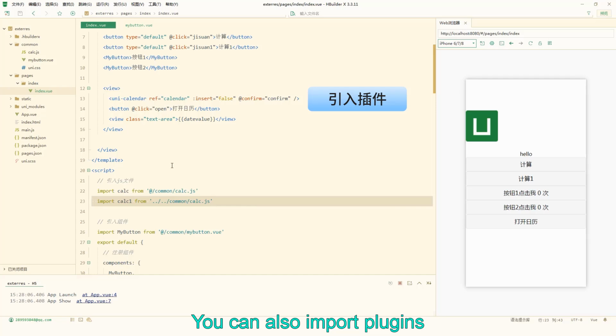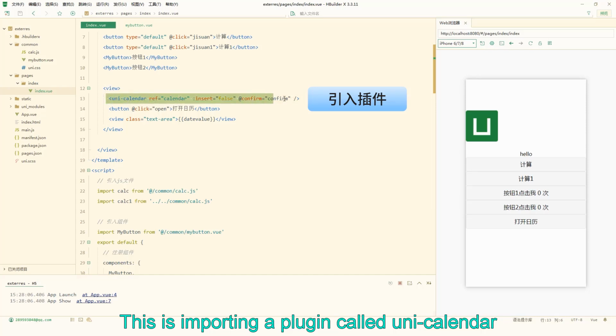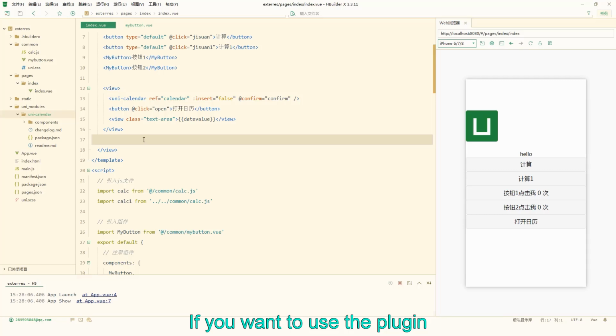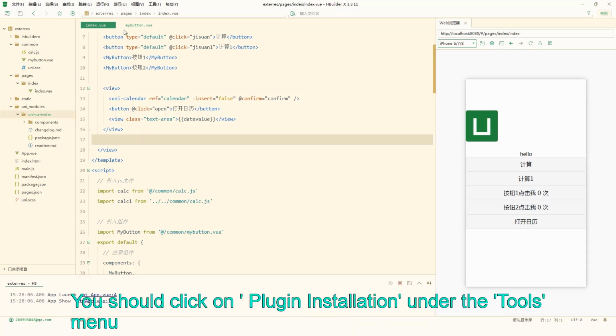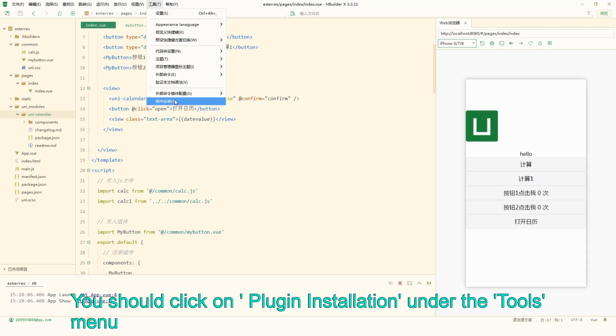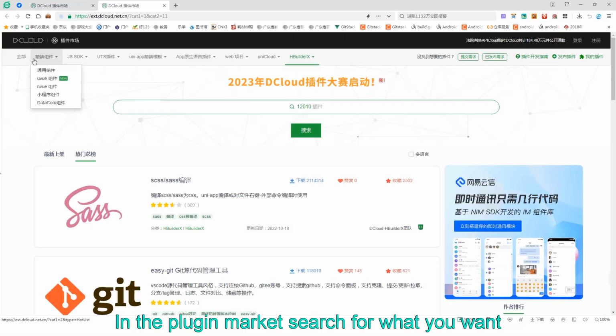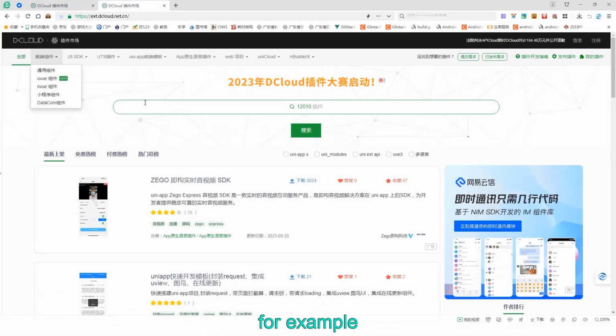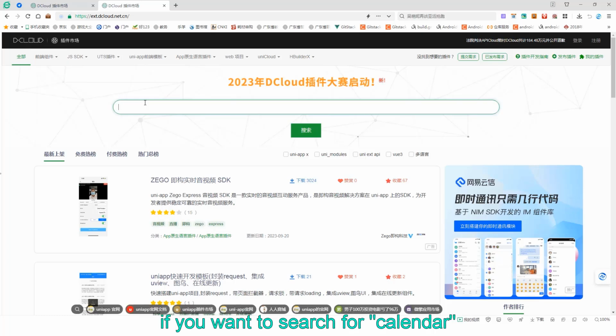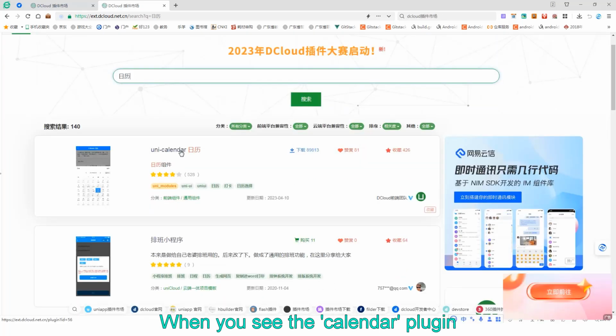You can also import plugins. Let's see. This is importing a plugin called UniCalendar. If you want to use the plugin, you should click on Plugin Installation under that Tools menu. Then, on the Install New Plugin page, click on Go to Plugin Market for installation. In the plugin market, search for what you want. For example, if you want to search for calendar, click the search button. When you see the calendar plugin,